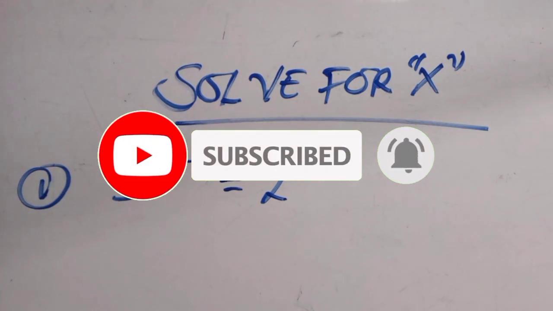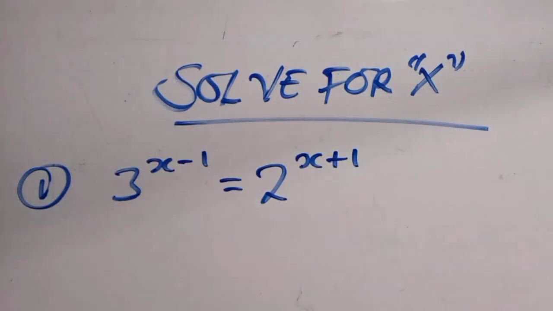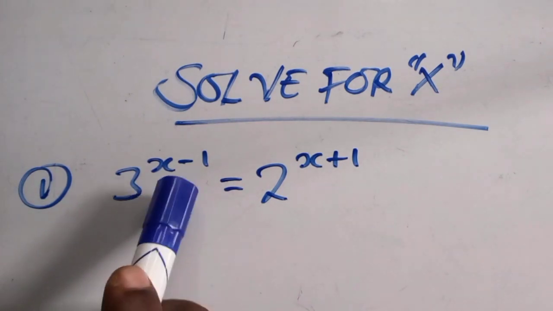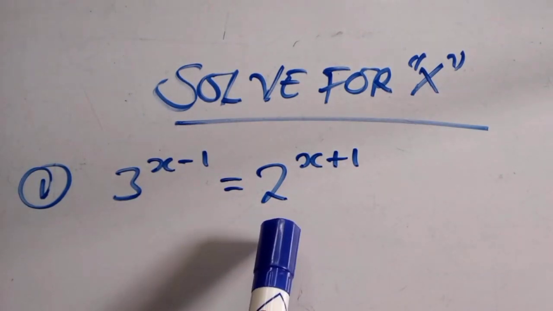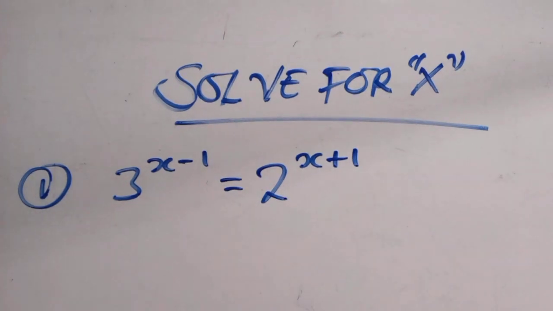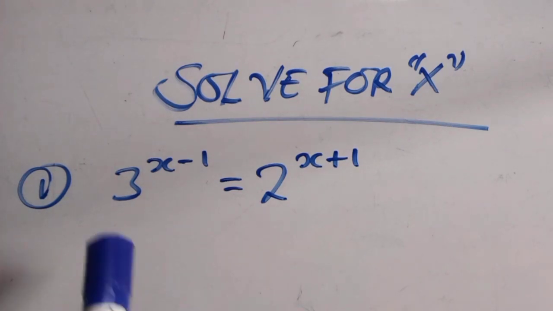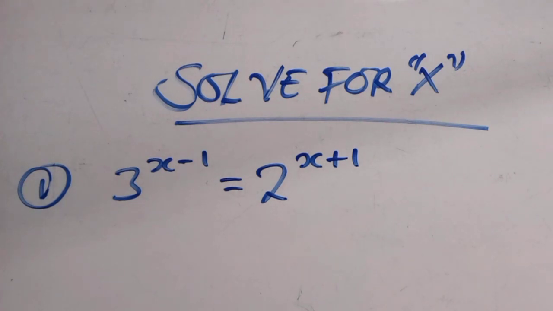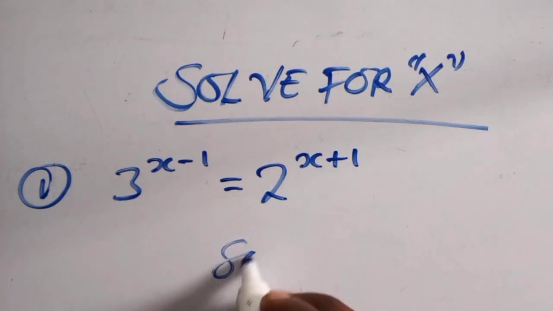And we have the problem written down here. Solve for x: 3 to the power x minus 1 is equals to 2 to the power x plus 1. What comes into your mind when you see such a question which has got different bases? For you to solve such kind of question, logarithm must be in your mindset. So for the solution,